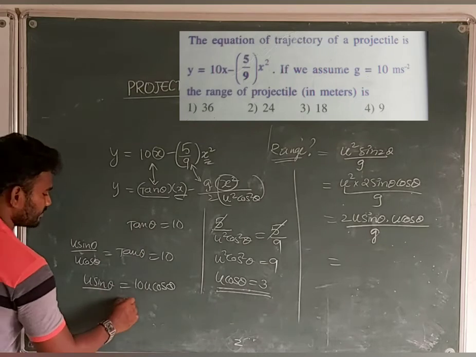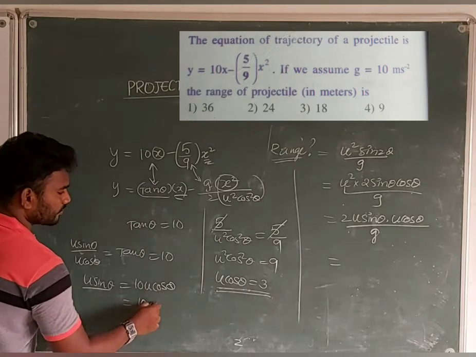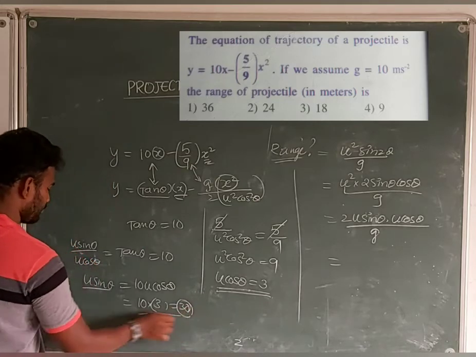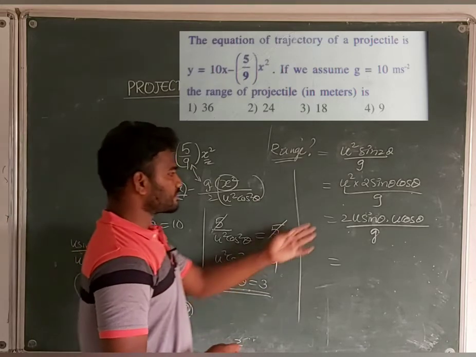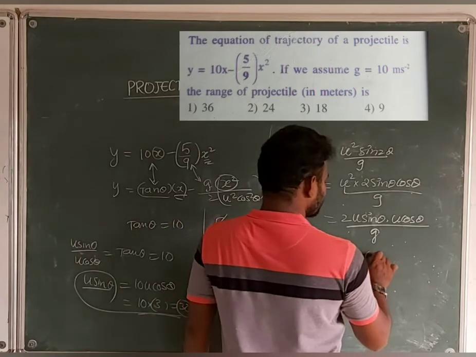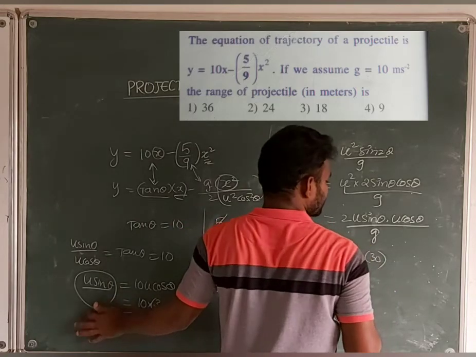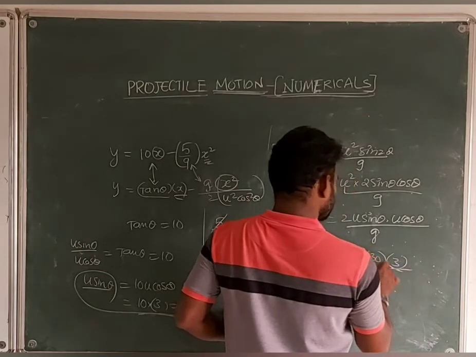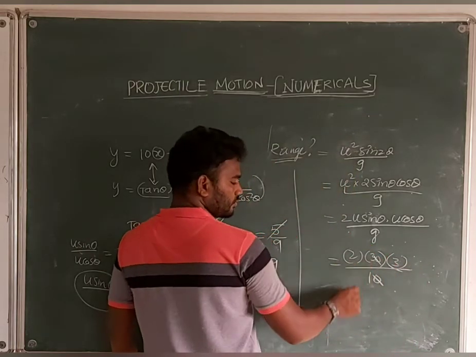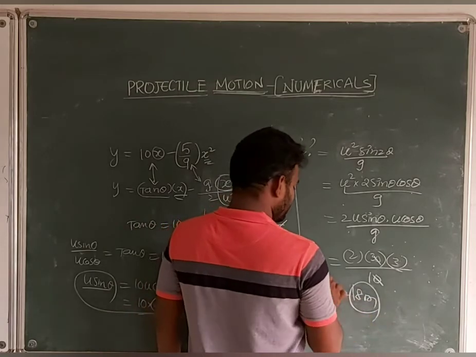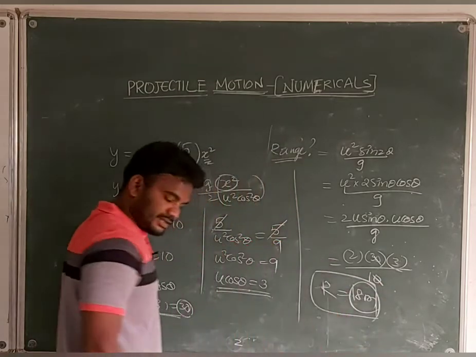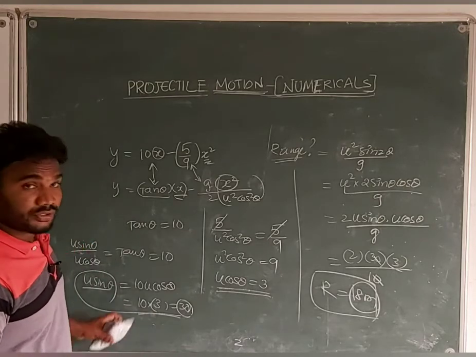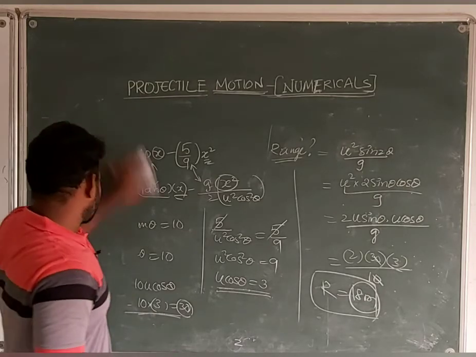Definitely we will get it. So u sin theta is equal to 10 into u cos theta, which is 3, so finally it is 30. So you got u sin theta. Now substitute here: 2 into u sin theta is 30, u cos theta is 3, divided by g, g means 10. Zero, zero cancel. 9 into 2, 18 meter is the range here, students. Make a note of this, 18 meter. Very important question. Students, did you copy this? Yeah. Next we will go for the next problem.